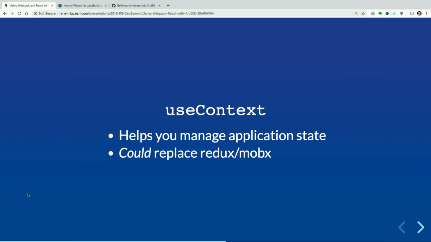This is something that could replace your Redux, MobX kind of state management. It's really useful because every time that context value, my state, changes, it notifies any components that are using that context that the state has changed via the UseEffect hook or something. So if I watch for the state property change in the array of my UseEffect hook, or